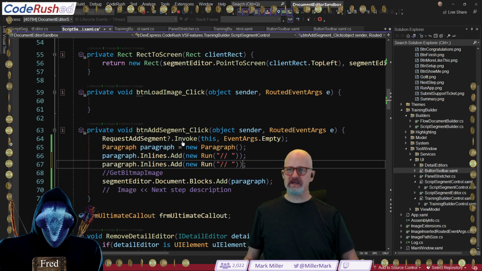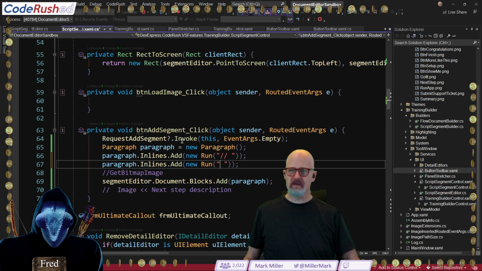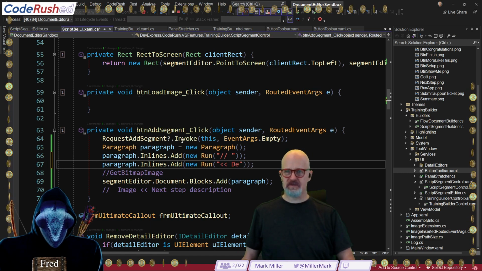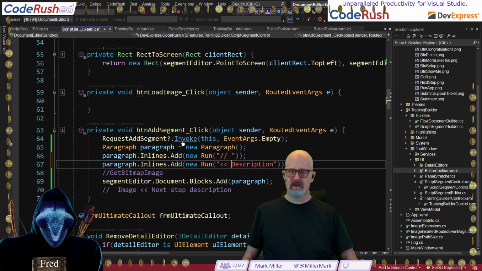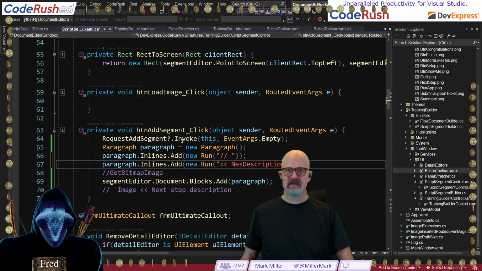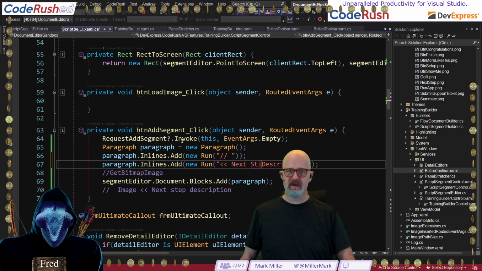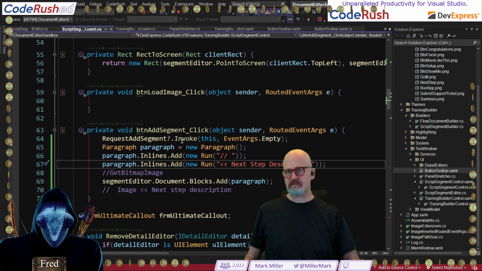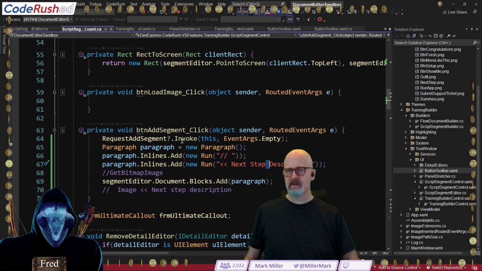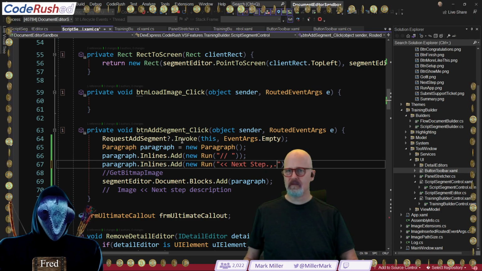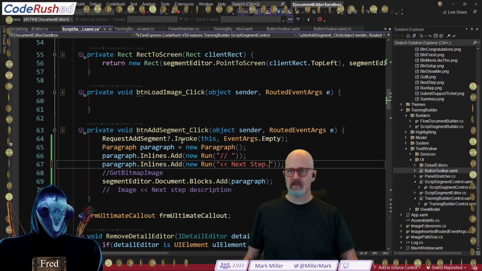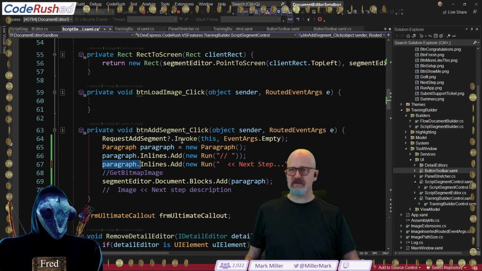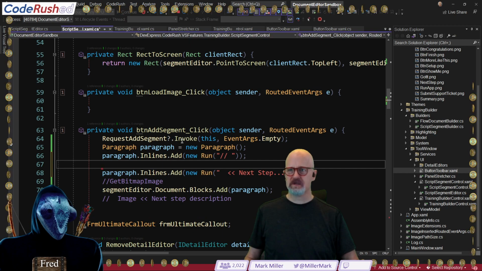The second part of it is going to be the other side of it, which is going to say description. Next step description, like that. Maybe 2 spaces there, and then we just have to figure out how to insert.